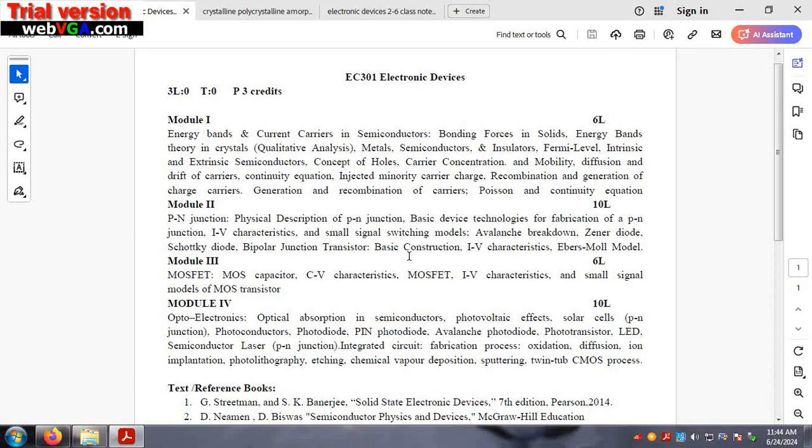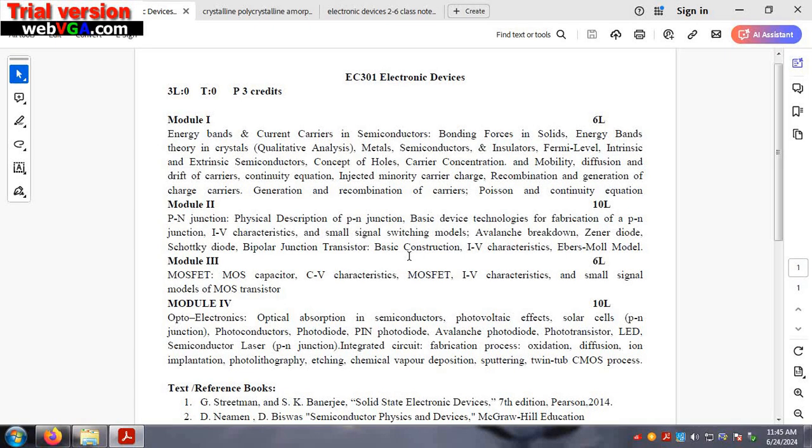So now I will discuss the syllabus of this subject. If you go through the module 1 syllabus, then here you will learn the energy band and current carriers in semiconductor. Here you will learn bonding forces in solids, energy band theory in crystal, different materials classified depending on their electrical nature, that is